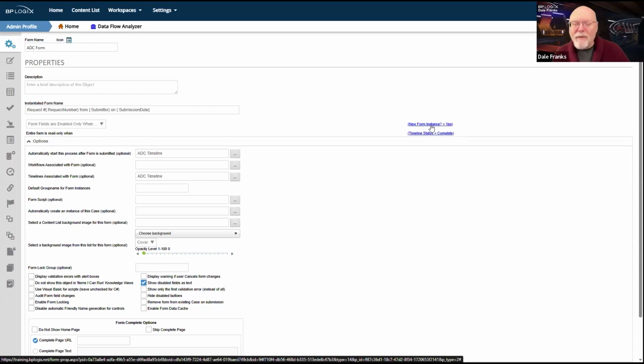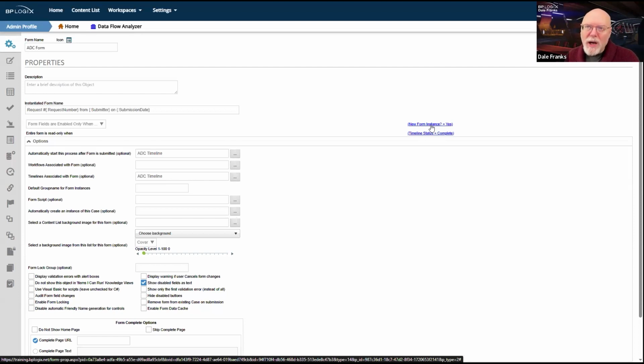So when I have a new form, I am going to want to see all of the form fields that I, as an end user, use to create my request. And I'm going to want to be able to edit those fields and fill them out and then submit the form. Once I've done that, I no longer want my form fields all enabled. I do want to control when and where users can add data to my form.